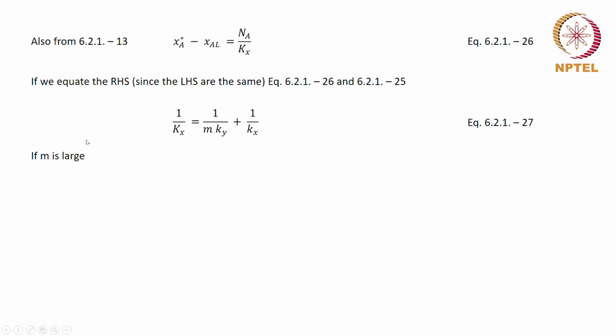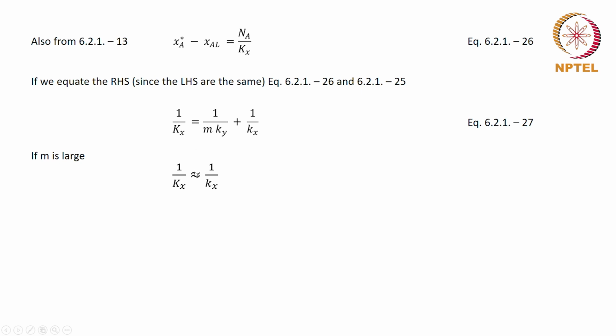Let us say a sparingly soluble gas. Oxygen is a sparingly soluble gas. You would recall that the thumb rule value is about 8 ppm under normal conditions of temperature and pressure, the oxygen concentration in the liquid at equilibrium. So 8 ppm is small. So M is indeed large. If M is large in comparison with the other things, this becomes small in comparison with this, and therefore this drops out.